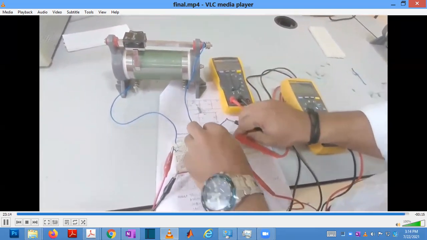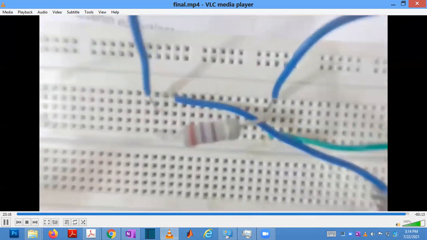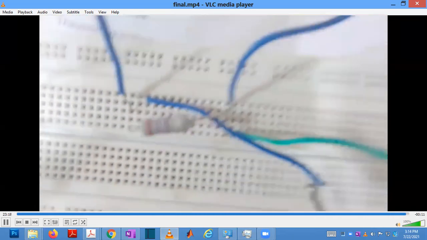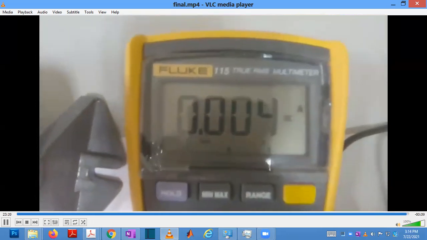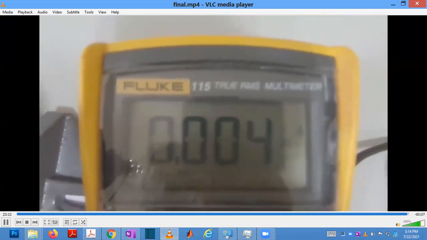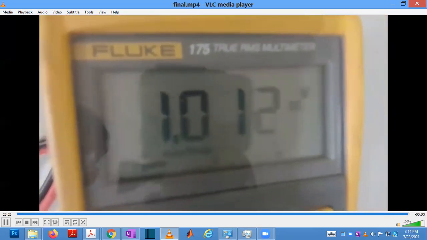So this is how you do Thevenin's theorem, and all the theorem parts follow the same procedure. Only the power supply you have to change, and other things remain the same, how to build the circuit and so on. You have to verify these things. That is the only requirement.